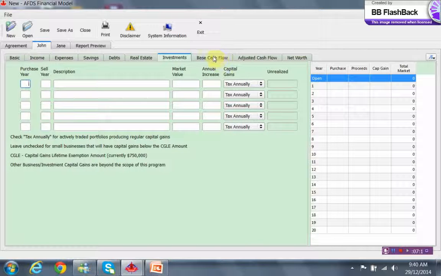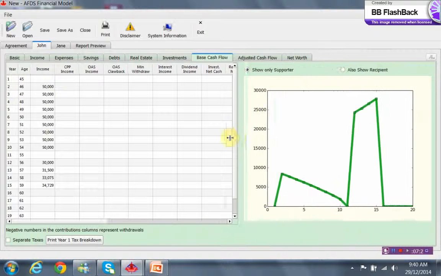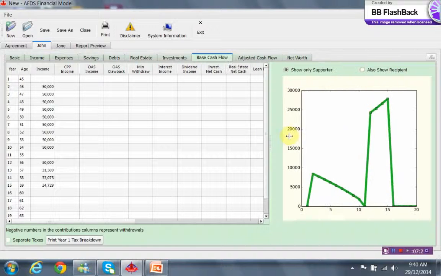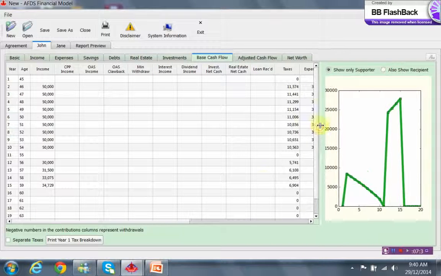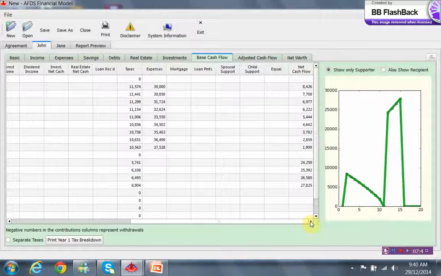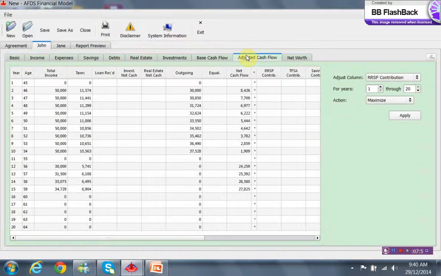And so it gives us an idea, and also we have a base cash flow here, and you can see a graph, and if you wish, that graph can be expanded. Also we can see the taxes that come in here, and we move this box across here, and you see the net cash flow, spousal support, all these factors that we have not entered in, of course, because we don't have them at the present time. It's merely an overview. And then we can look at the adjusted cash flow as well too,